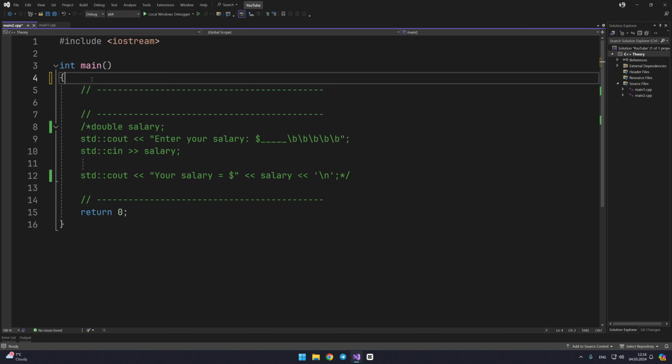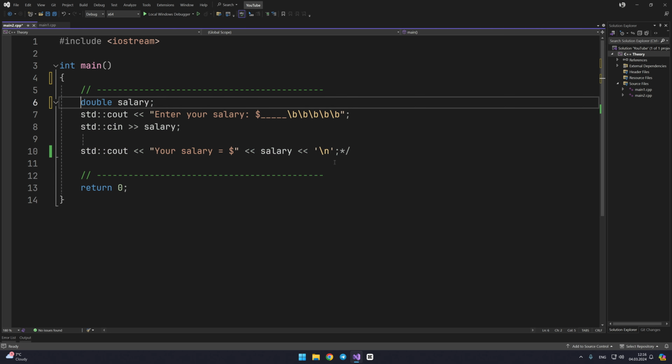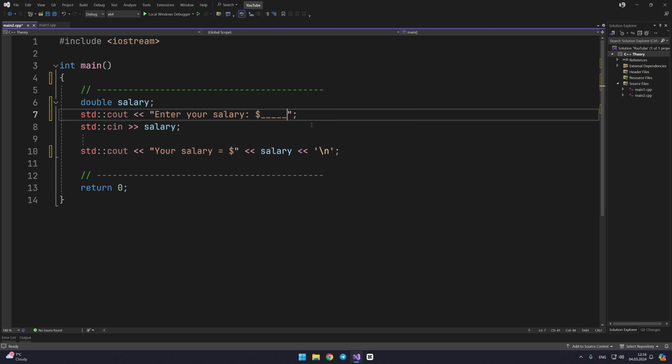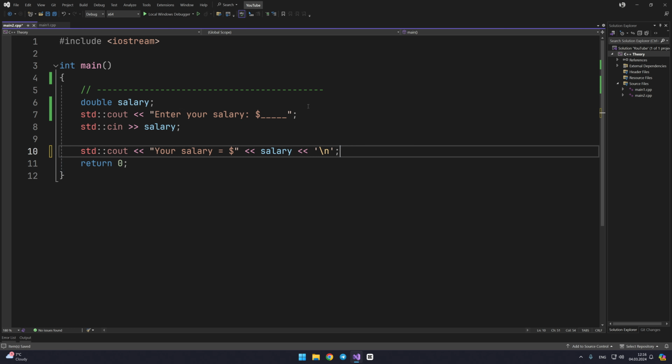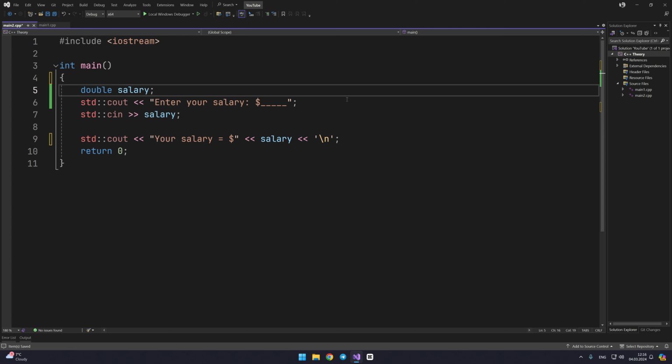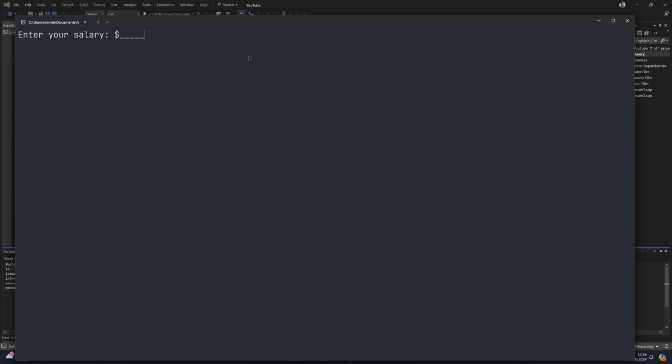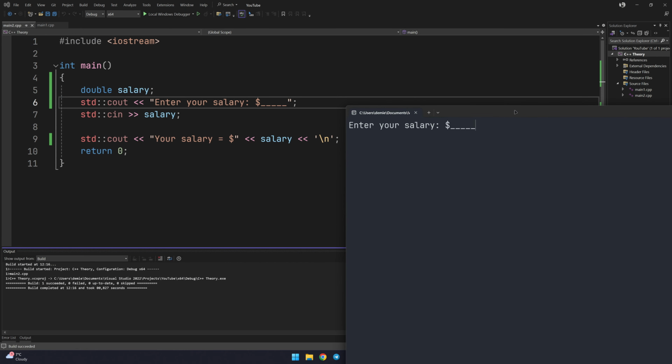The last thing I'd like to show you is the escape sequence \b. If you don't remember what it does, let me remind you. It moves the cursor back one position. We can use this together with cin to enter information more beautifully. For example, here, I ask to enter the user's salary and add a few underscores for beauty.